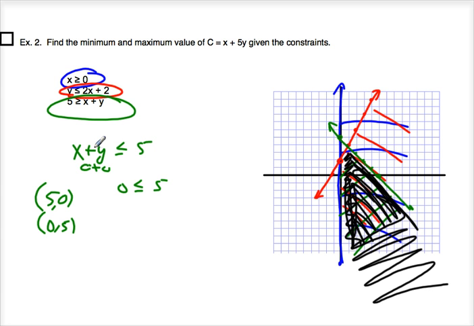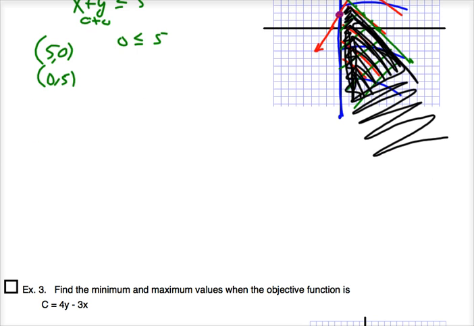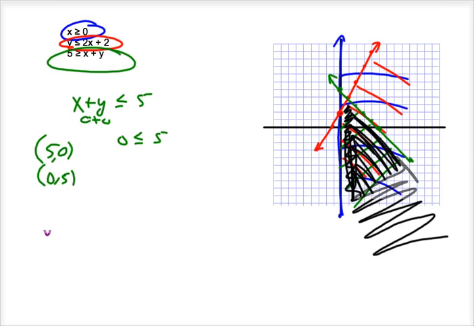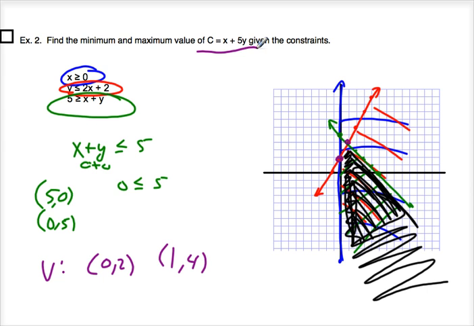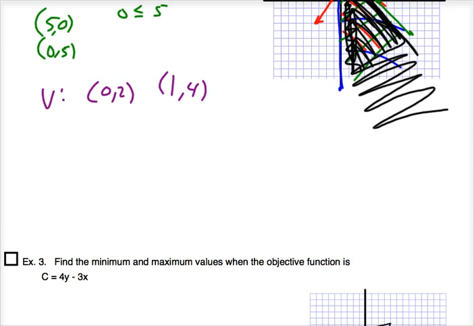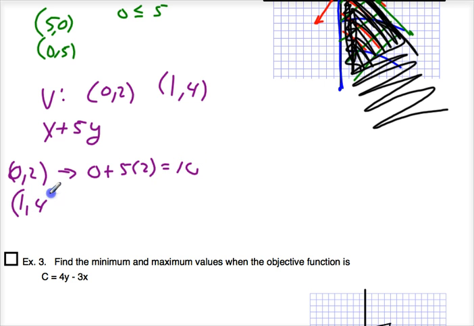The process for identifying that is the same. The same beginning. You identify your vertices, which look like they're at 0, 2, and 1, 4. And now I plug those into my objective function, which in this case was x plus 5y. When I plug in 0, 2, I would get 0 plus 5 times 2 is 10. And if I plug in 1, 4, I get 1 plus 5 times 4